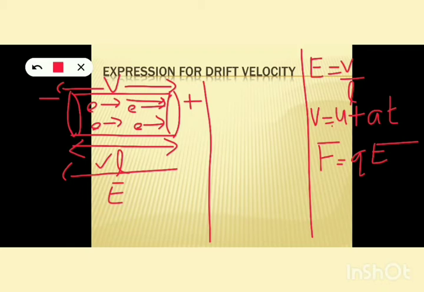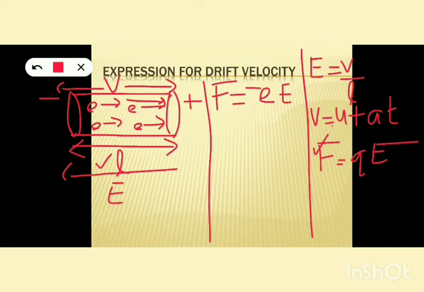Okay. So under the influence of this electric field, the electron experiences a Coulomb force. Because an electron is a charged particle, whenever a charged particle enters an electric field or is under the influence of an electric field, it experiences a force. And what is the expression for that Coulomb force? It is F is equal to Q into E. You had already studied that expression in your first chapter. Here Q means the charge of the particle and electrons have a negative charge. So F is equal to minus e, the charge of the electron, into E.